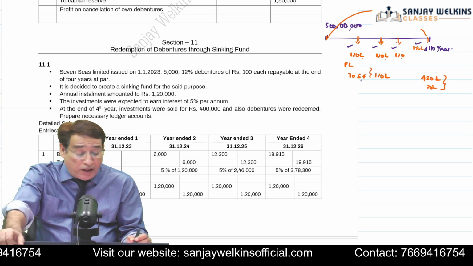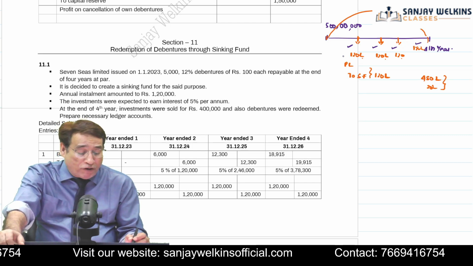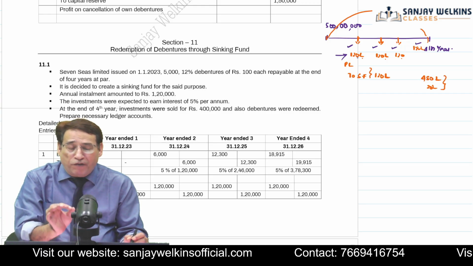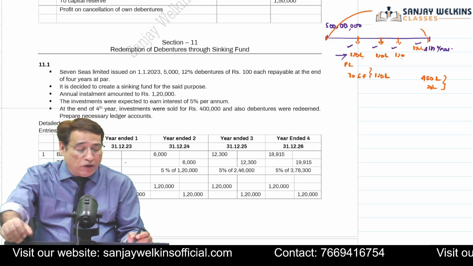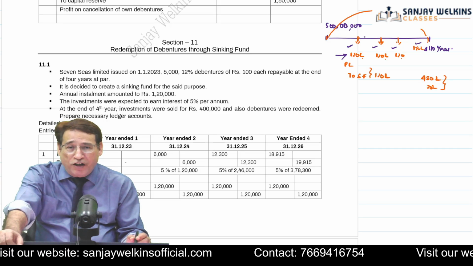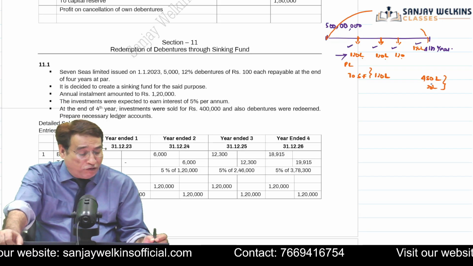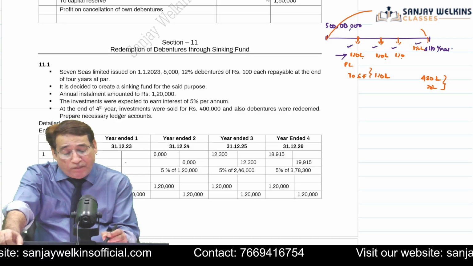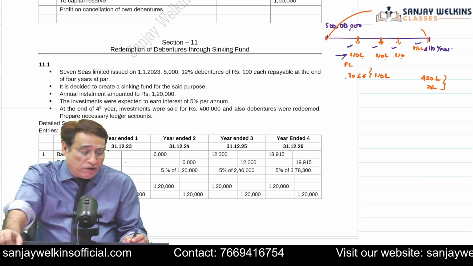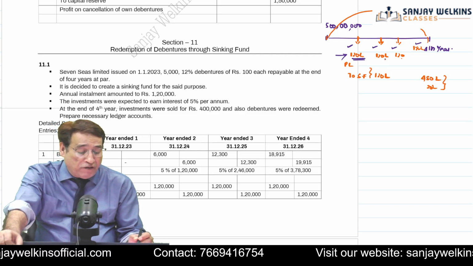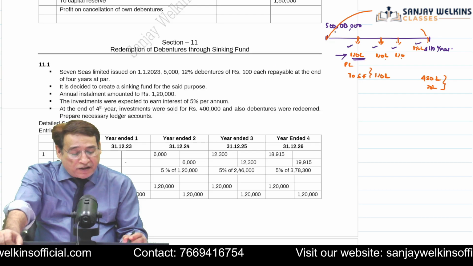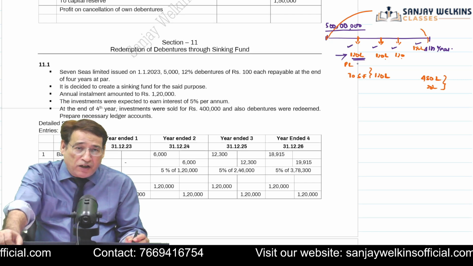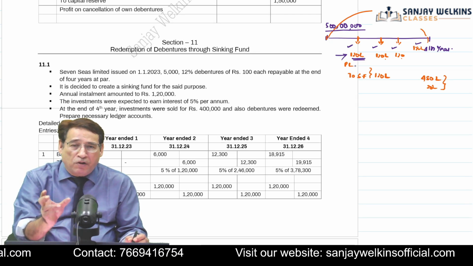Now, some of you may wonder in this particular case why I took this figure of 120 lakh. Why did I not take the figure of 125 lakh? Because if I had taken the figure of 125 lakh, in that case, by the end of the fourth year, we would have had 500 lakhs. Now let me clarify this point and this confusion also. Here I have intentionally taken a figure of 120 lakh. The directors of the company, in order to redeem 500 lakhs worth of debenture, have decided that every year they are going to set aside a part of profit.